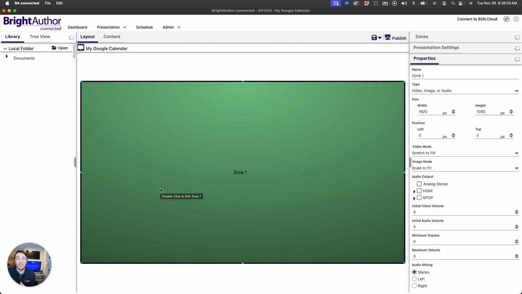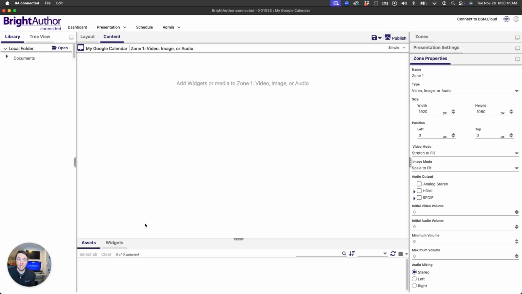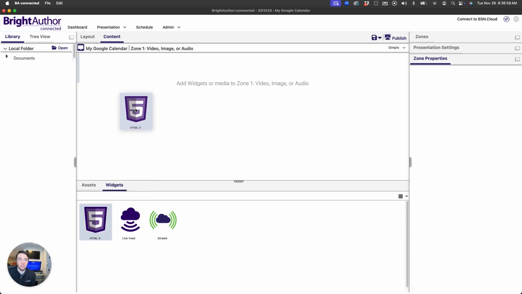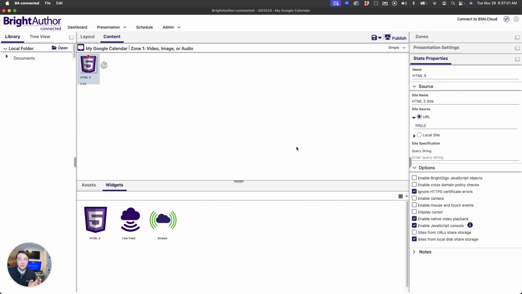You can do a lot with Brightsign, multiple zones and all sorts of interactivity options. But what we're doing is very basic programming of a presentation to run all day, every day. So we're going to click on this green zone 1, and down below this zone space is widgets. Now, there are several widgets, including live feed, stream, and HTML5. If you remember, we chose HTML as our delivery method earlier. So we're going to take HTML5, drag it in, and then we have to go back to get our URL